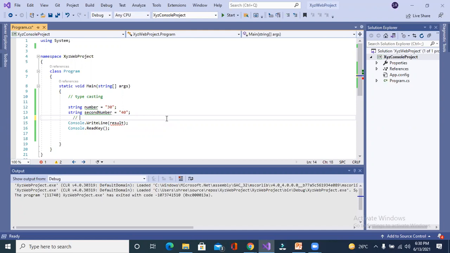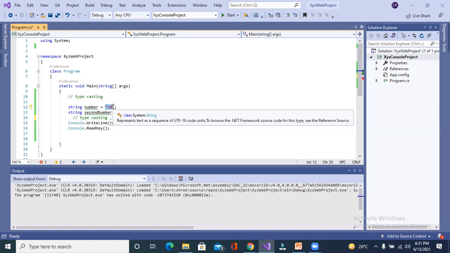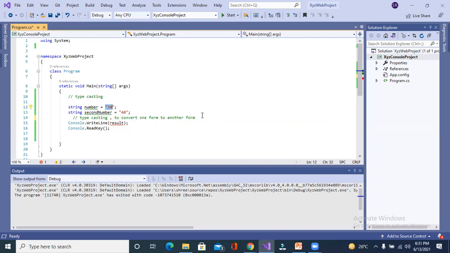Now, first what do I have to do? I will have to do type casting. What is type casting? To convert one form to another form, right? What I want to do is convert string to integer, right?